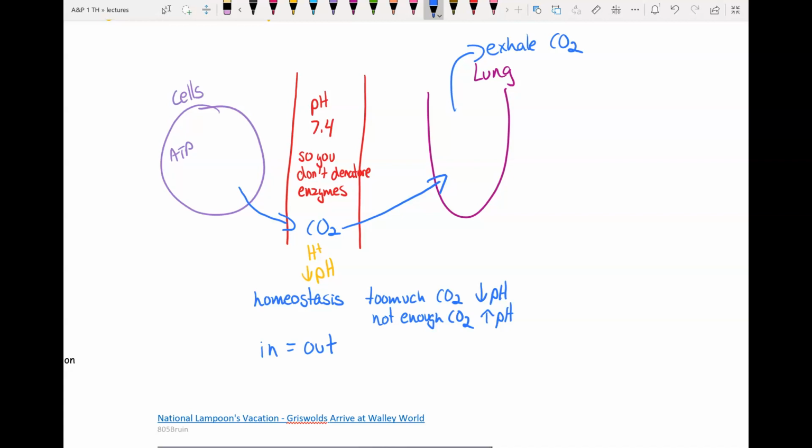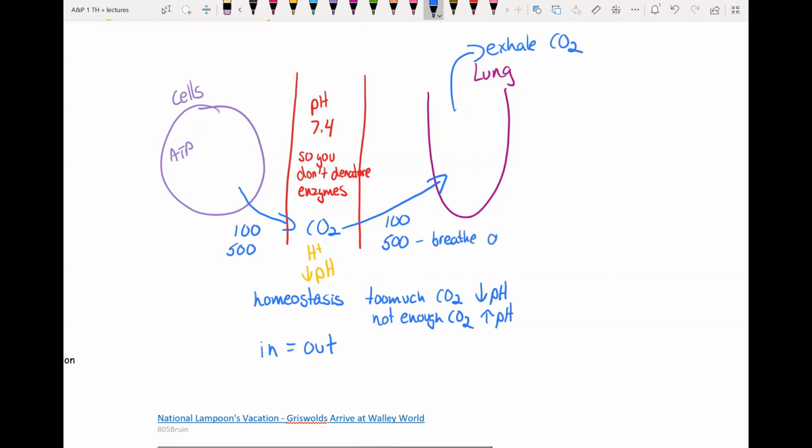So let's say, we should make up some numbers to make it easy. Let's say you have 100 carbon dioxides in. That means you need 100 out. Let's say then your cells start using a lot more energy and you have 500 carbon dioxides in. Well, that means you need to get 500 out. And in order to get 500 out, 400 more than you were before, is where you have to